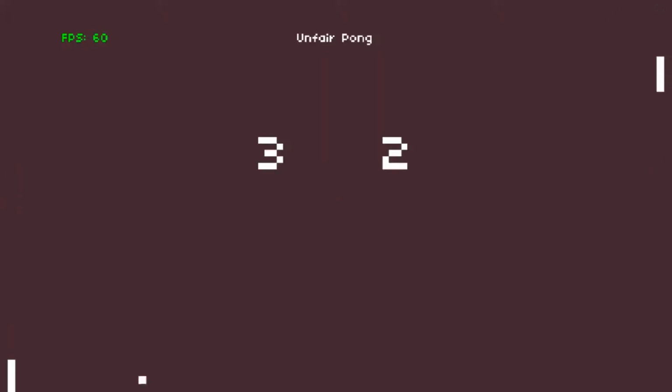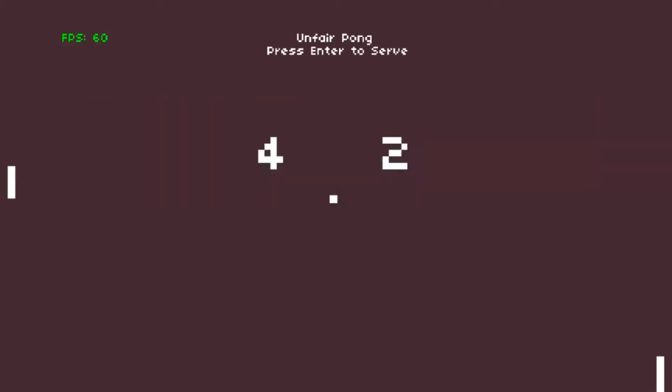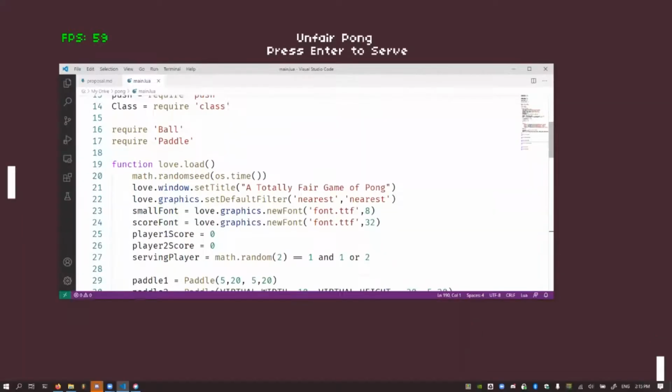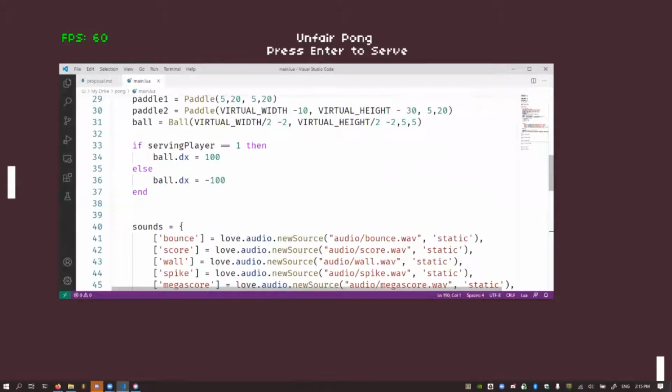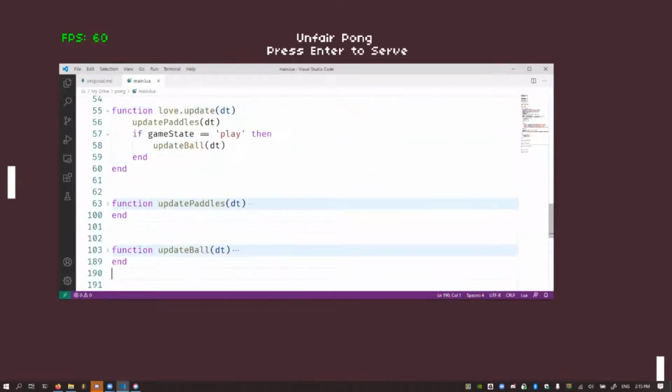Now, this is actually really easy to make. I cannot emphasize how easy this was.